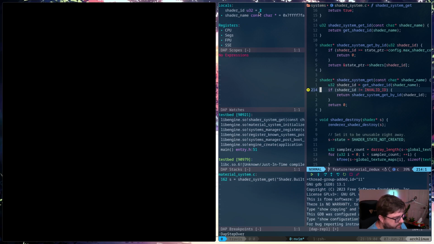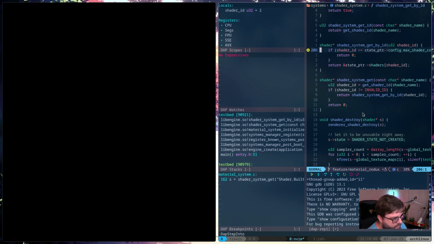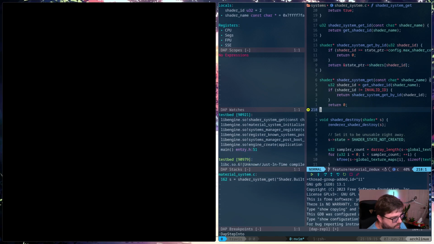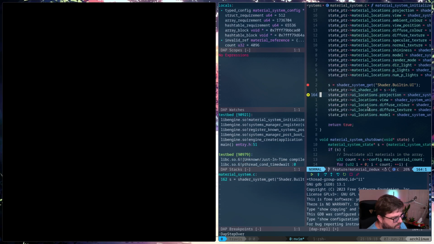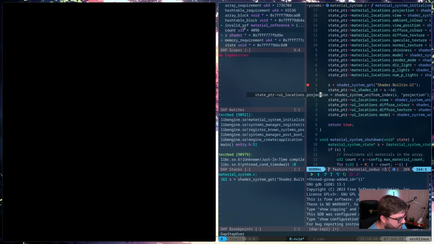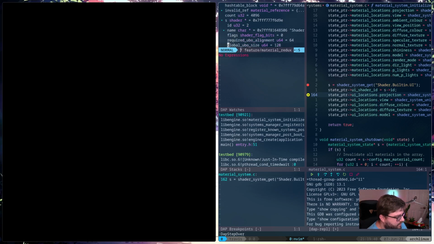So our shader ID is 2, so it did load. Okay, so we return the address of that. Let's see. So here we store off the locations. So if we take a look at, let's see, state pointer should be in here somewhere. Actually, let's take a look at S first. So we have no flags.